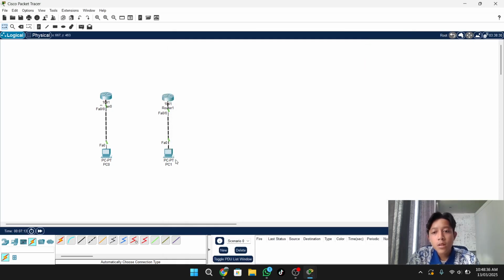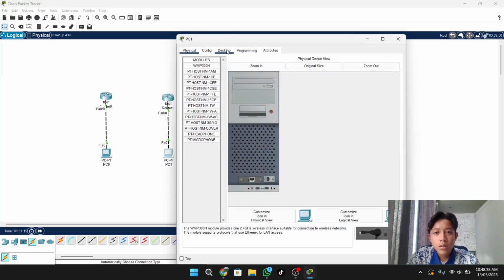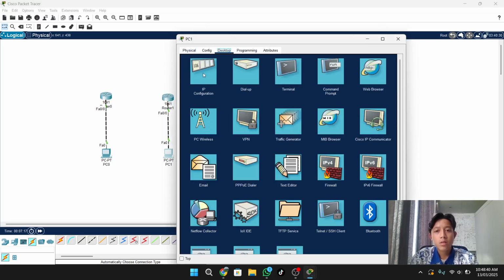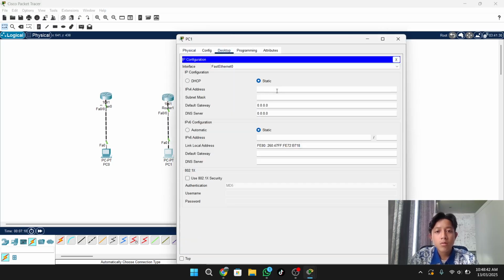Okay, after that you can go to the PC again, and same as before, you configure the IP address first.